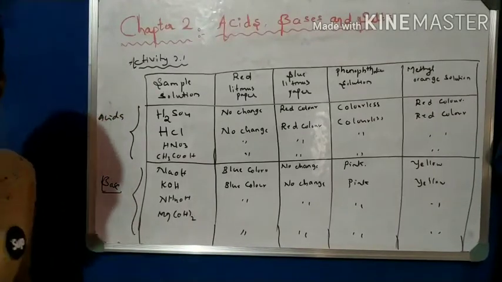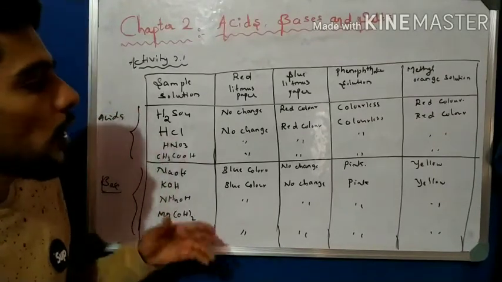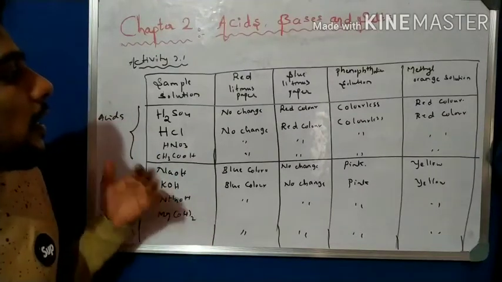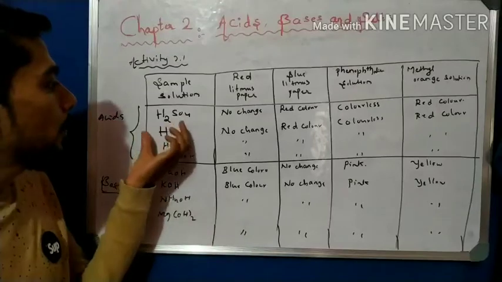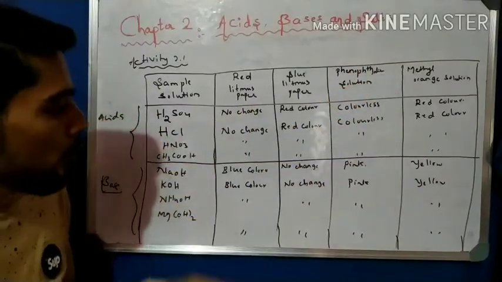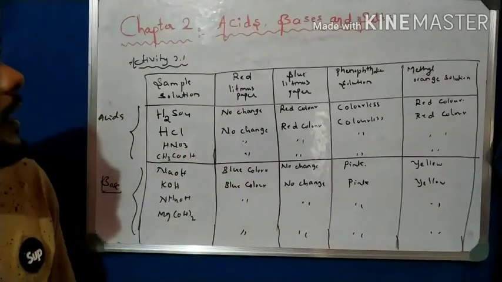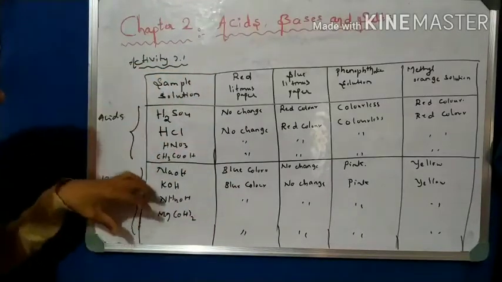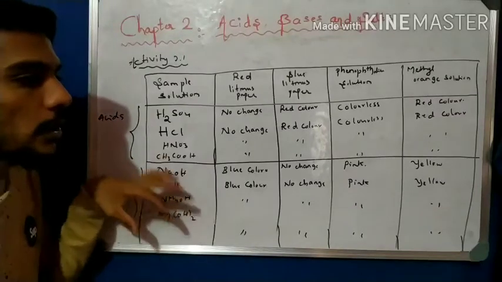So this is very important. By these indicators, you must be able to classify which is acid and which is base, using these four indicators. So draw this table and write down all the data related to the acid and related to the base, and this is very important as a point of examination.